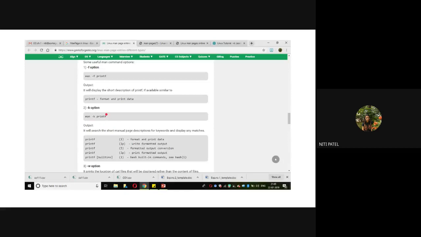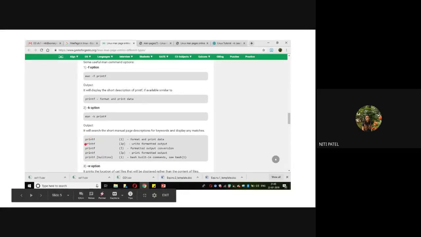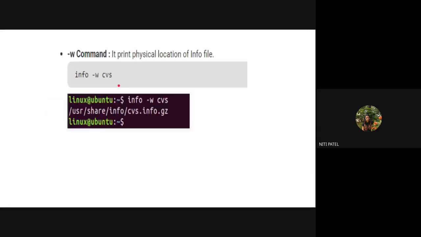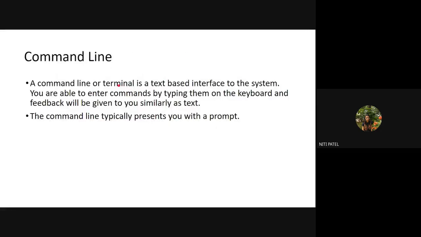A user has typed this command on the terminal, and when I press enter, the system has given me an output, again in the form of text. So this is how you operate with the command line. You type a text, you press enter, and you get the output.